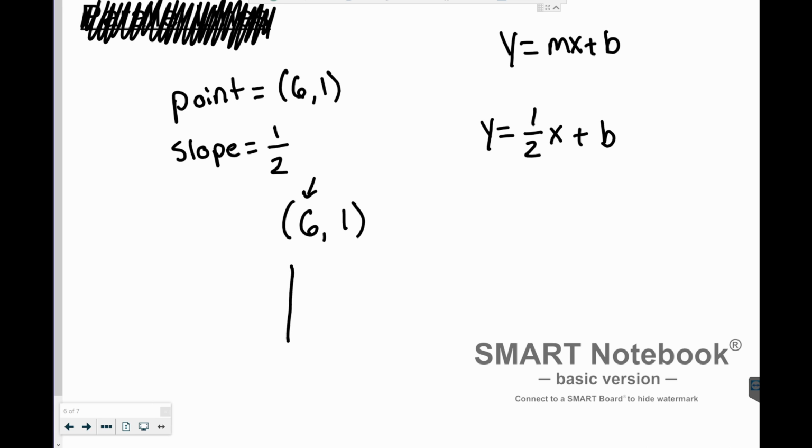Let's draw the graph. We have a point at 1, 2, 3, 4, 5, 6, 1. So a point here, and we know our slope is 1/2. So if our slope is 1/2, we've got to think backwards. Instead of going up 1 and over 2 directly, we go down 1 and over 2 backwards. Down 1 more, so that'd be here, and over 2. Down 1 more and over 2. And that gets us to the y-axis,